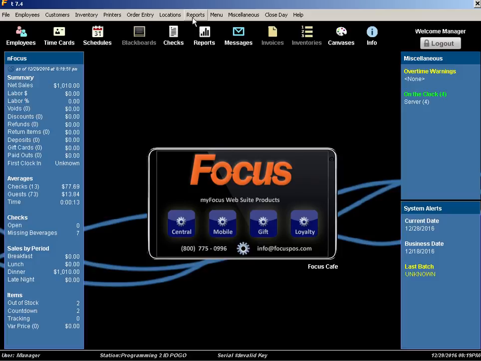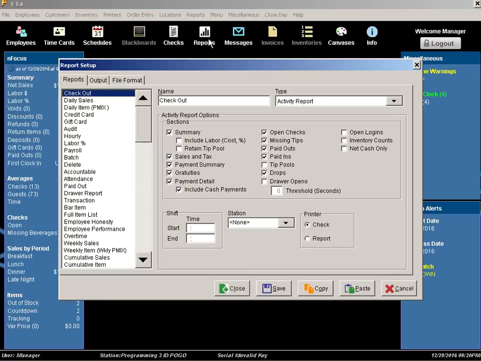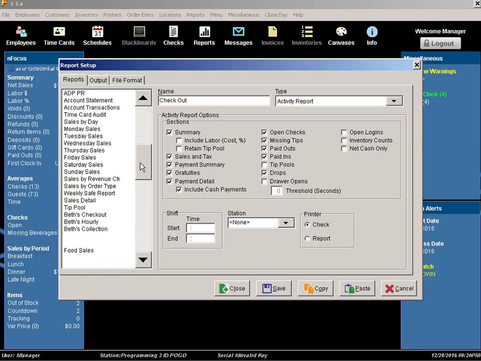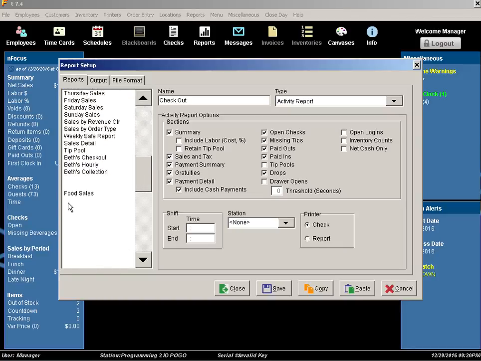We can then navigate to the Reports option in the top navigation, drop down the menu and select Setup. Once the Report Setup screen appears, you can scroll through the list of active reports. Select a blank spot in the list, name your new report,